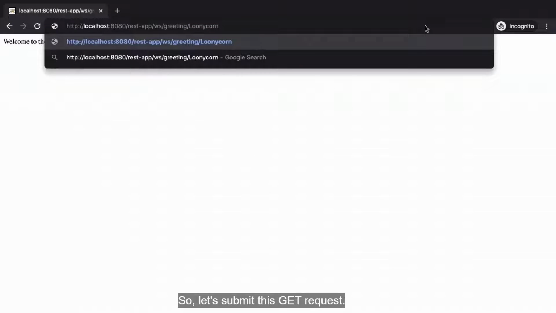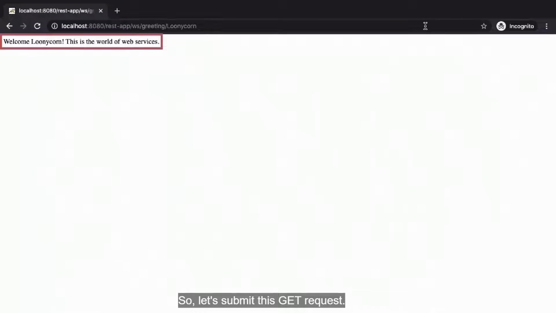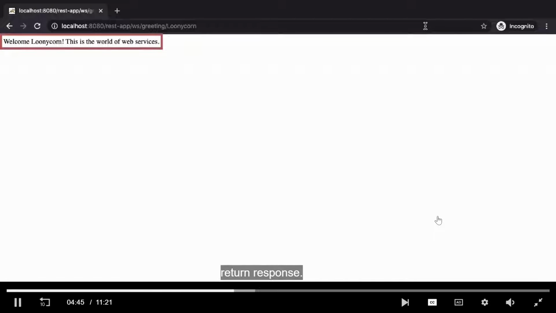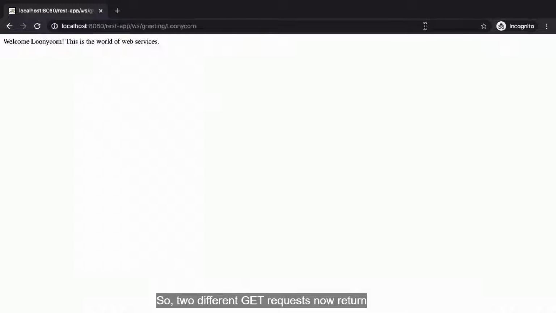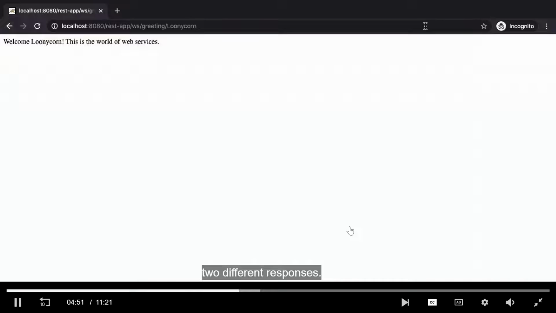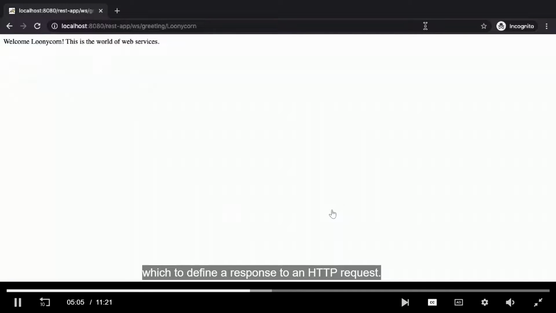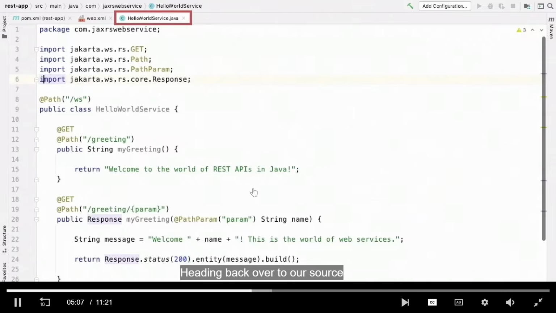So let's submit this GET request, and we do see welcome Lunicorn in the return response. So two different GET requests now return two different responses. One of them is capable of accepting a parameter and then constructing a new string out of it. And now let's move on to a few different ways in which to define a response to an HTTP request. Heading back over to our source,